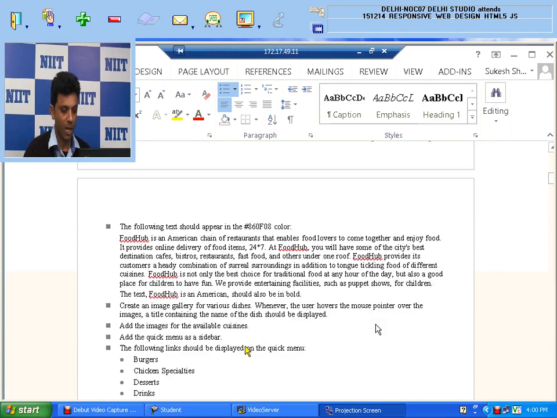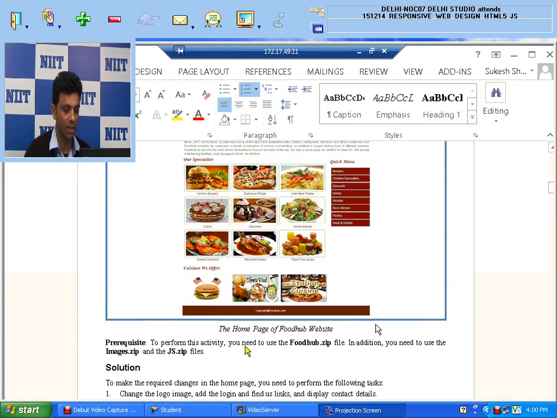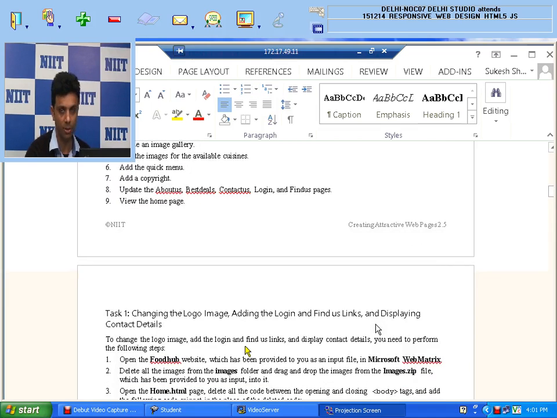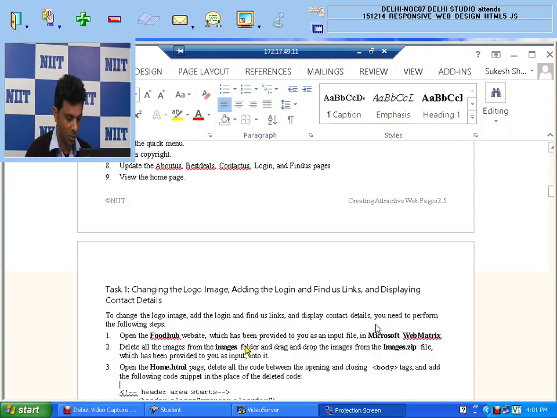All steps with their explanation are given in your LG, so you just need to follow the steps, okay? Each step you need to be very careful. If you skip any step, maybe you will not get the desired result, okay? So I am coming here, and it says open the Food Hub website which has been provided to you,